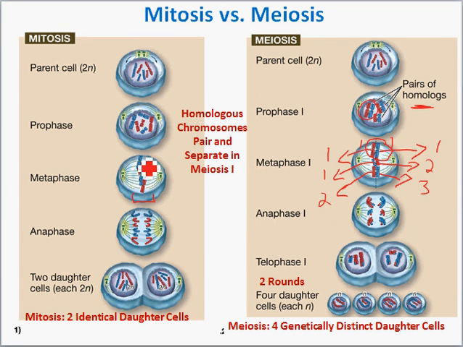But in mitosis, they all line up above each other, so each cell is going to get one chromosome 1, another chromosome 1. It's going to get a chromosome 2, another chromosome 2, chromosome 3, and another chromosome 3. And so the result is, the daughter cells remain diploid. They each have 2 copies. But in meiosis, they line up side by side, so each cell just gets one of each of the copies